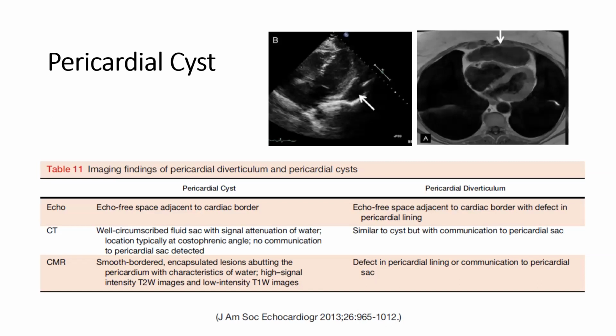Okay. We're going to go over 2 conditions which are both very rare, but kind of important from the exam point of view because, for reasons that I'm not entirely sure, question writers just love these 2 entities. One of them is pericardial cyst. Pericardial cyst produces an echolucent space adjacent to the ventricles. More common, this is a CT or MR image. So this is RV. It is much more common outside the RV compared to the LV. As you can see, the most common confusion is, is this a loculated pericardial effusion? Sometimes the differentiation can be difficult, but usually the